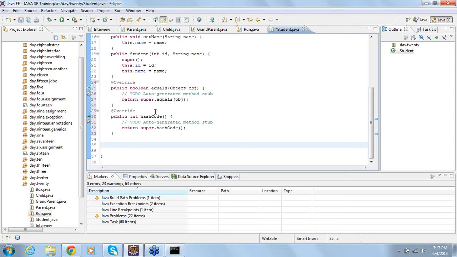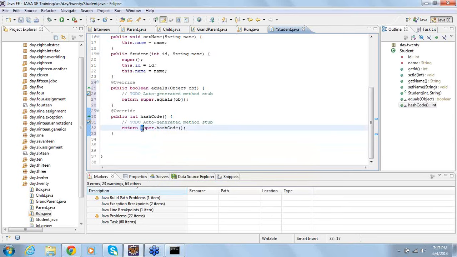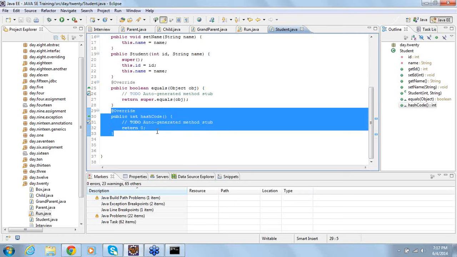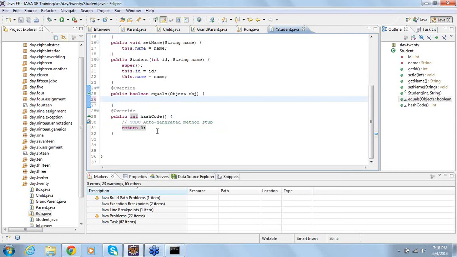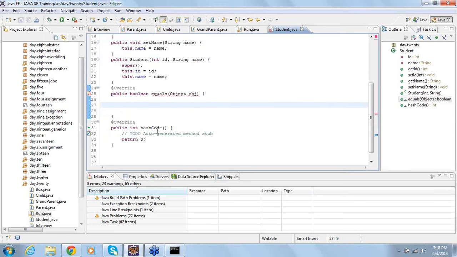Now what I do is, this hashCode method is there. It was generating a separate hash code every time, right? Now I'll ensure that it gives the same hash code every time. It is returning 0. I'm overriding the hashCode method, so every time it's going to give you 0. Then only overriding hashCode will not do the job. Along with the hashCode, you also need to override the equals method.